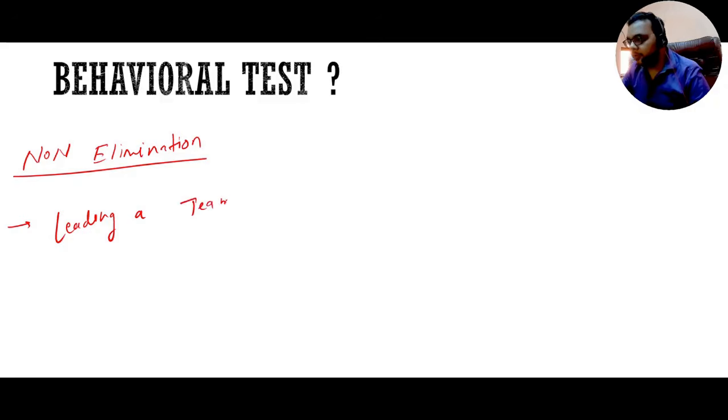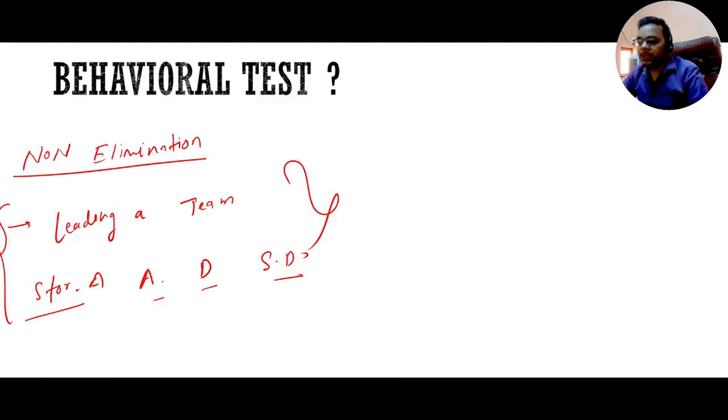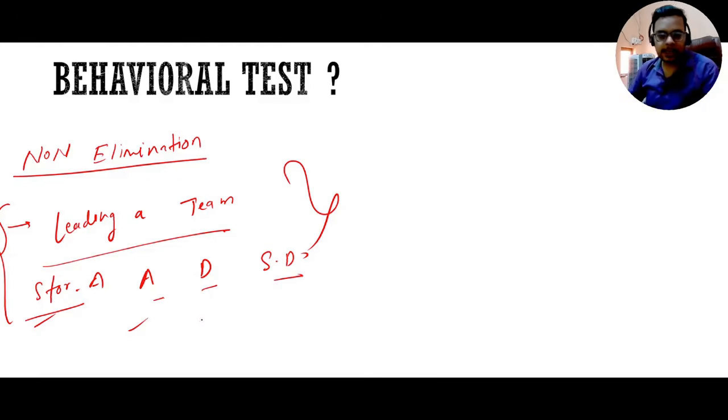Now you will be getting four options. You will be getting strongly agree, I will say SA, strongly agree. You will get agree, which is A. You will be getting disagree and you will be getting strongly disagree. Now, based on your behavior, you need to choose an option. Can you lead a team? If you strongly agree with it, you can put strongly agree. If you think you can lead, you can put agree. Otherwise, disagree or strongly disagree.